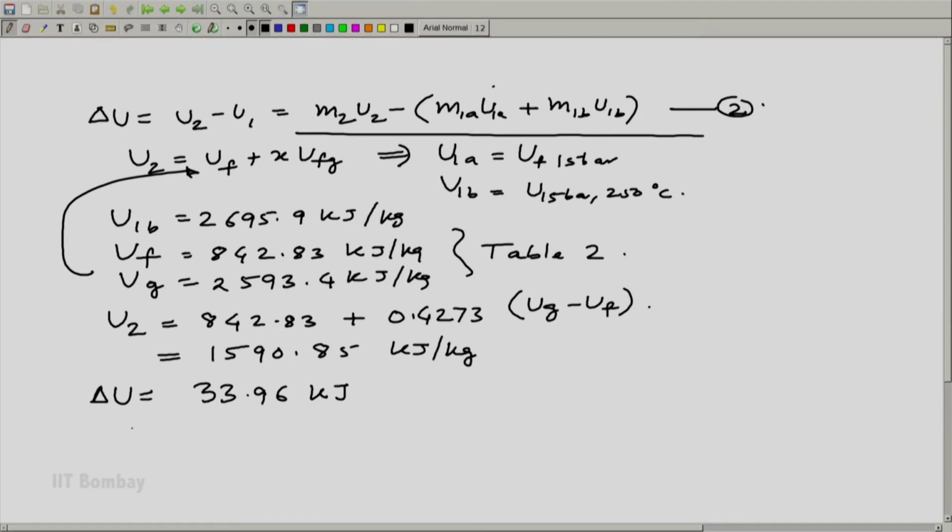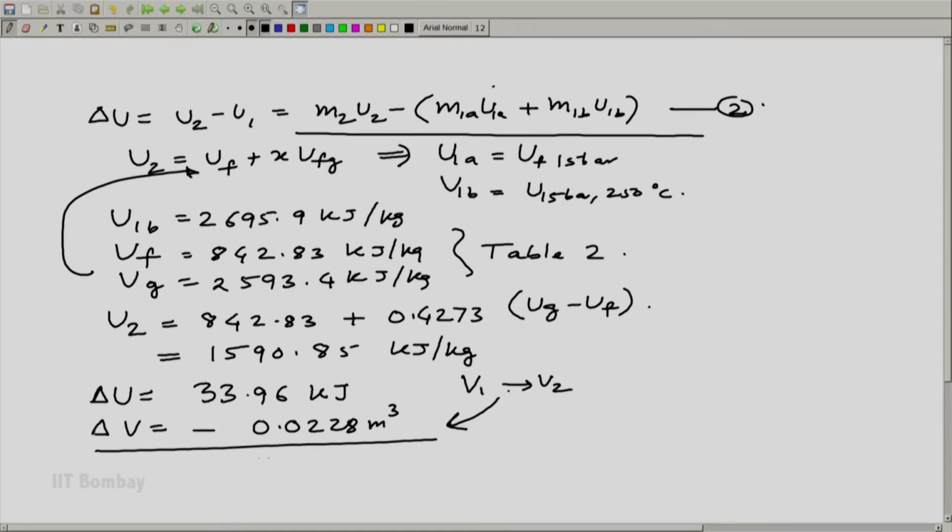Similarly, I do with the specific volume change also, and I get delta V is equal to minus 0.0228 meter cube. Alright, so there is a volume change that happens from V1 to V2, which is very important to understand, that there is a reduction in volume that happens because of this mixing